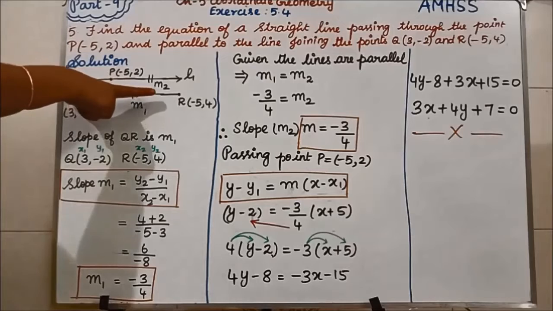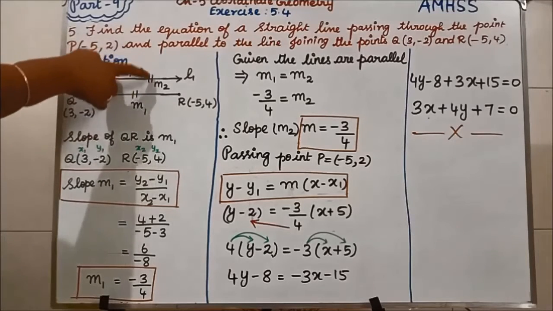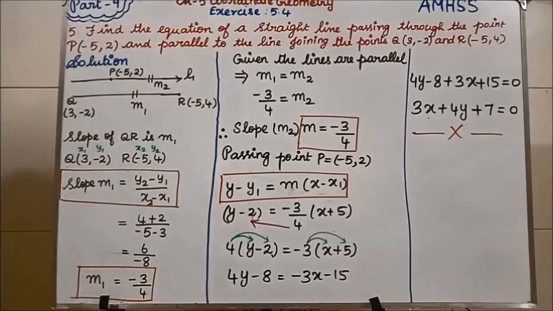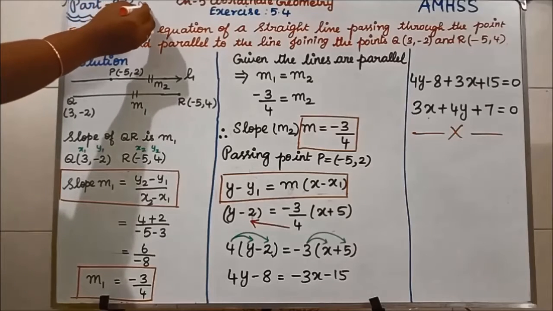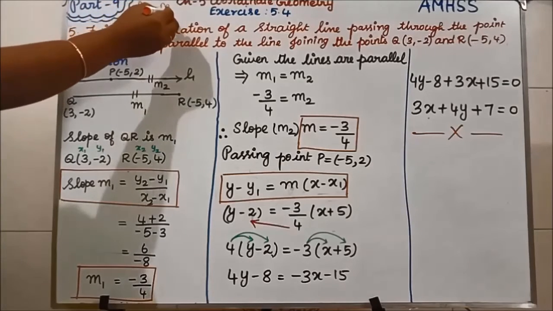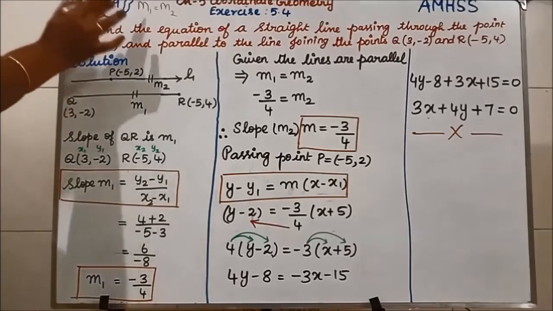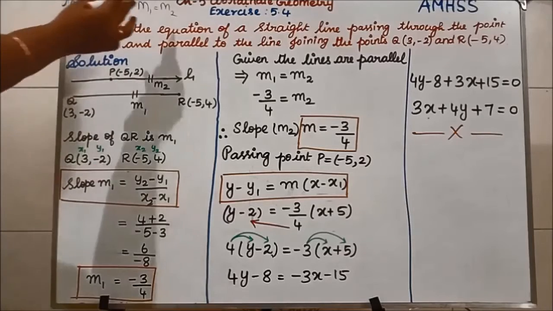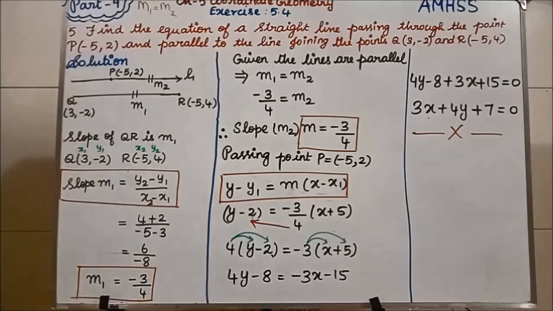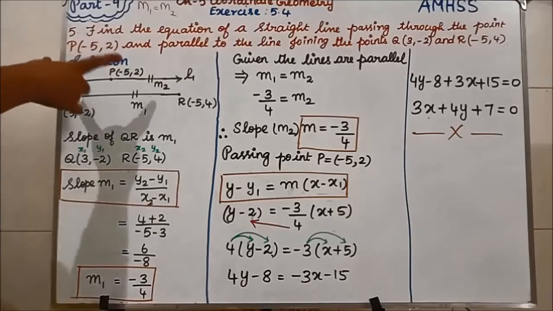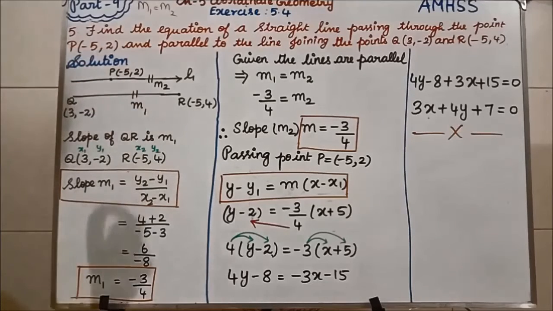Now this is our slope m1, and this is our slope m2. Students, if the question is about parallel lines, immediately what is the formula for parallel? Slope m1 is equal to m2. That is our parallel formula, isn't it? Whatever answer you get for slope m1, that is the answer for m2 also. Now, shall we proceed? See, first they have given two points. Using the two points, we are going to find m1.